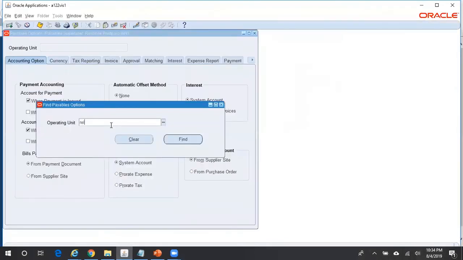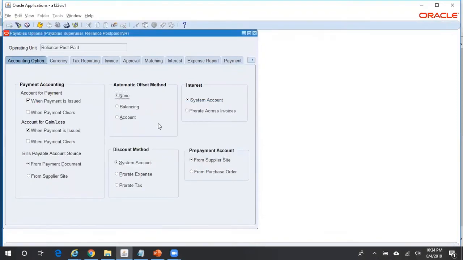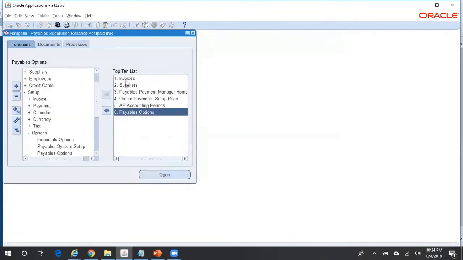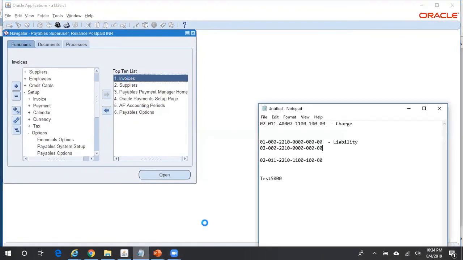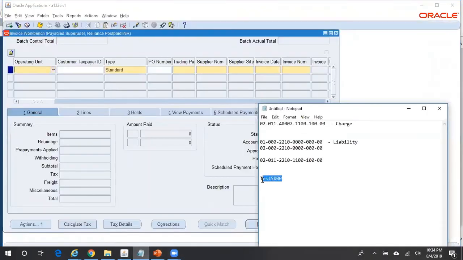So let us assume that if you do not enable this default automatic offset method, so let me change it back to none. Now try to query for the invoice and try to run the create accounting, and let's see what will happen.